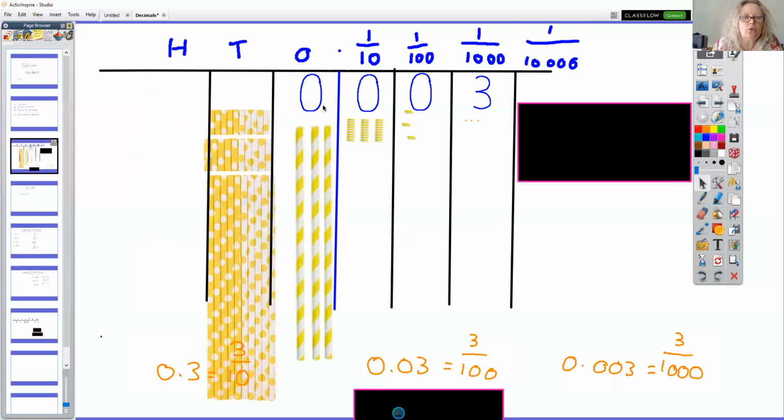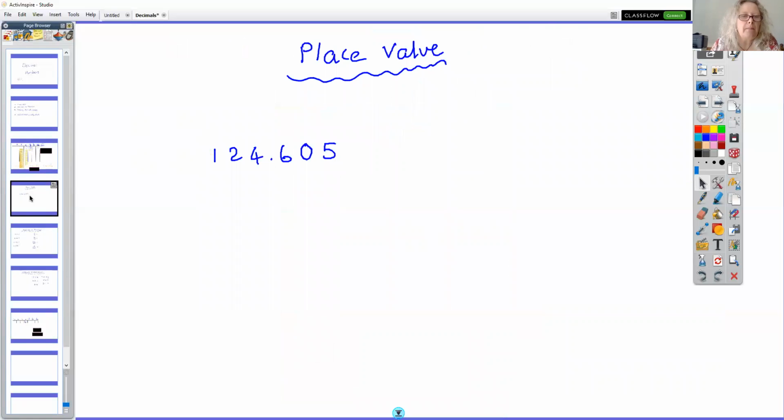Place value. So we've just had a look at this place value chart, and I've explained to you that the value of that 3 is 10 times larger if you move it one space in that direction, and it's 10 times smaller if you move it one space in that direction. I've shown you that this is the tenths place that comes after the decimal point, the hundredths place, the thousandths place, the 10,000ths place, and if I wanted to move over to another place, I'd put a 1, a line, and an extra 0 there. So down here to place value, here is a number,